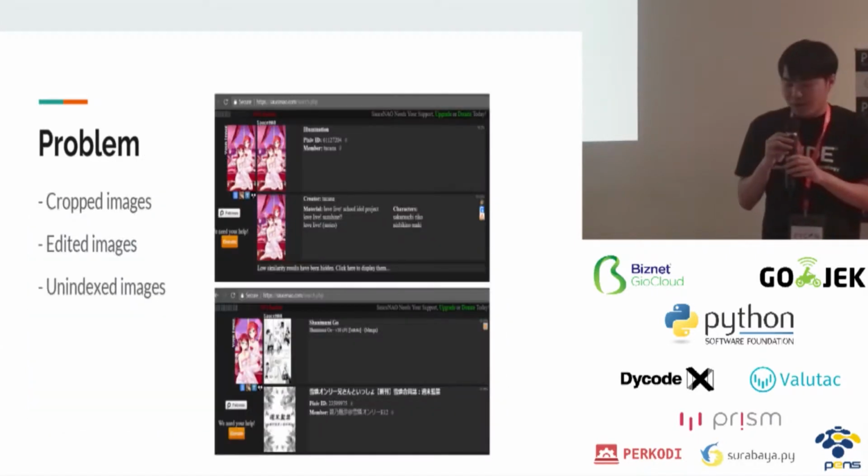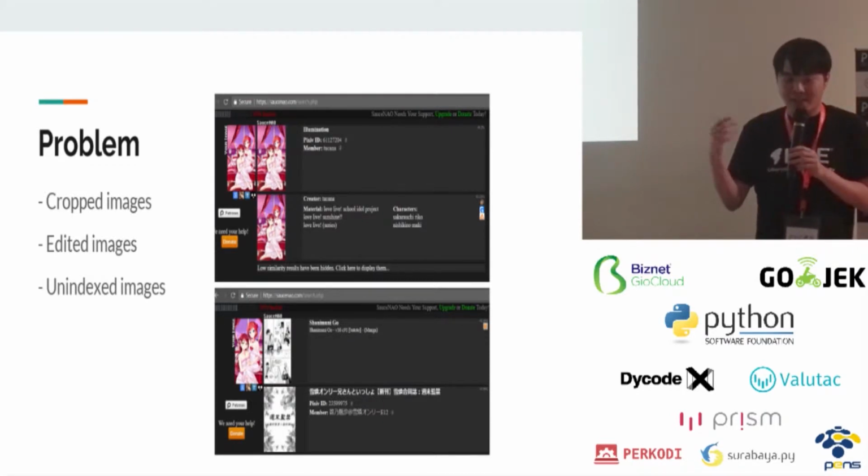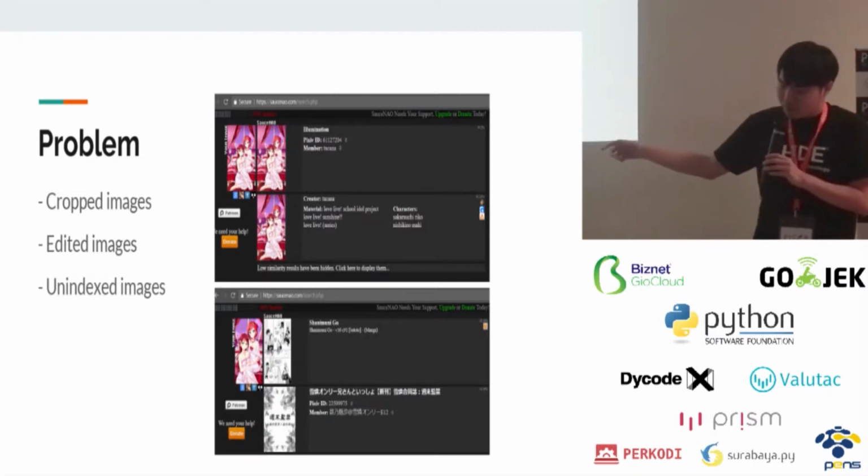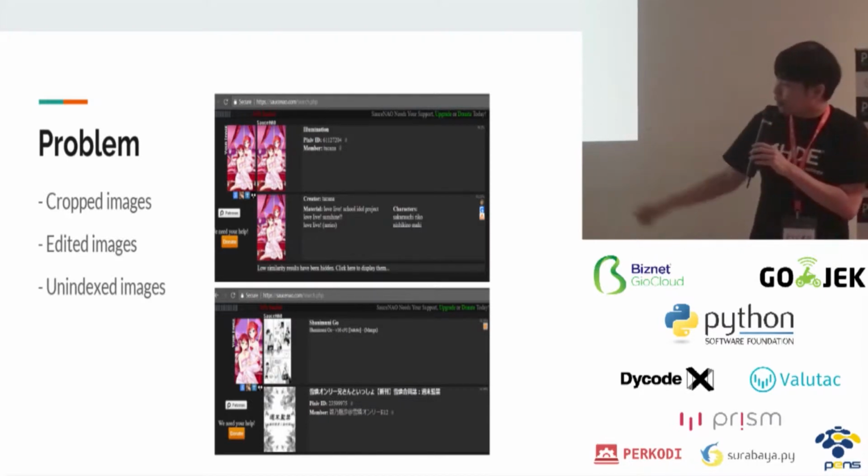For anime characters, there are several websites that try to create an index of all characters on the internet. But the problem with this system is if you have a cropped image or you edit the brightness or the contrast of the image, the indexer will not work and it will not give the correct result.